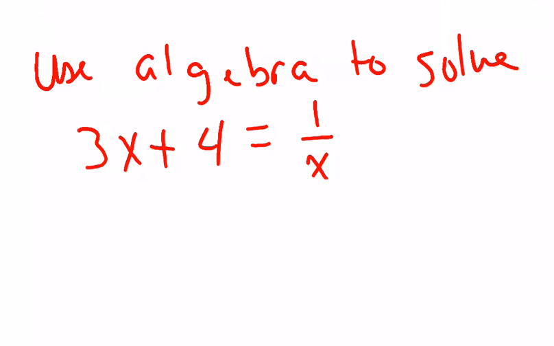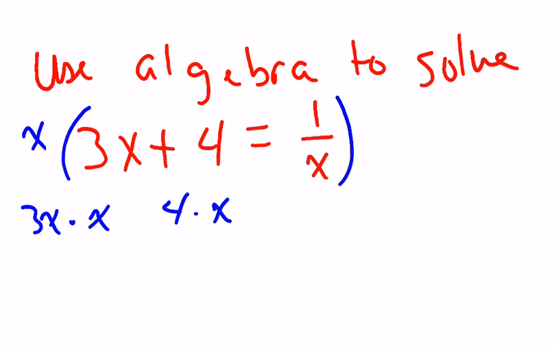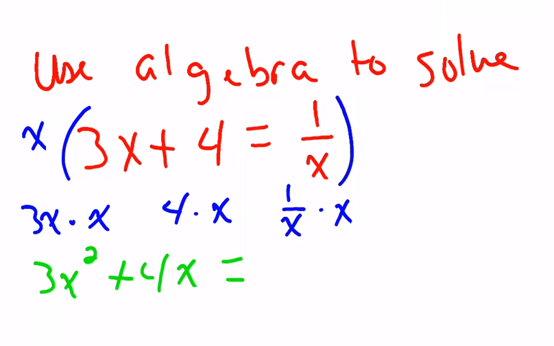The trick here would be to multiply everything by a common denominator, which would be x. So 3x times x, and then 4 times x, and then 1 over x times x. So then we get 3x squared plus 4x, and then we see that those would cancel,